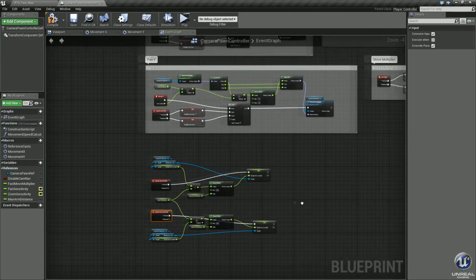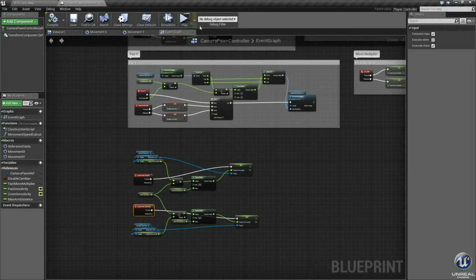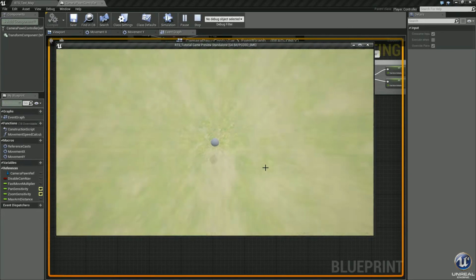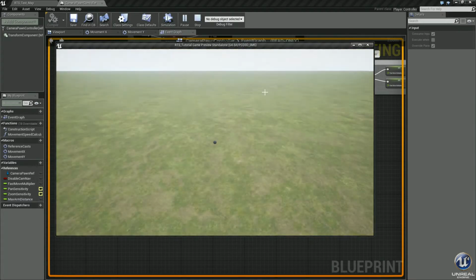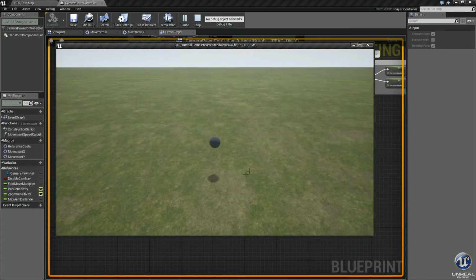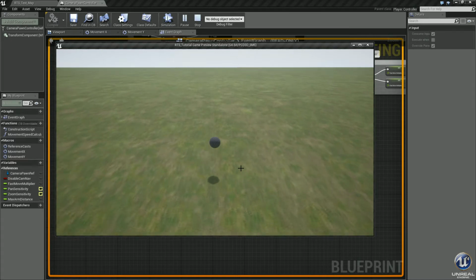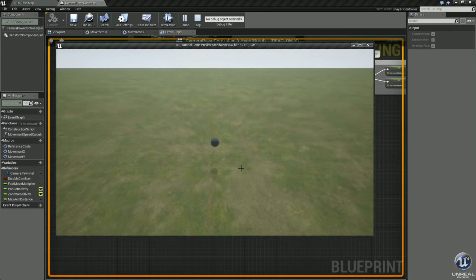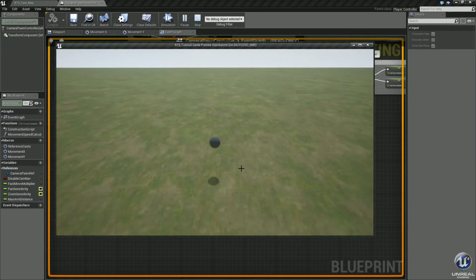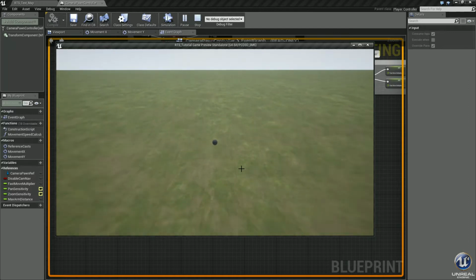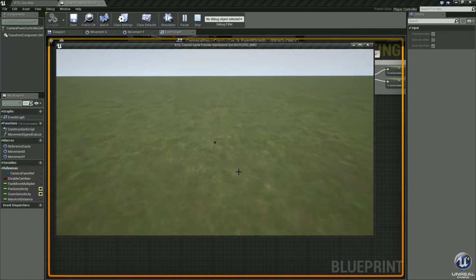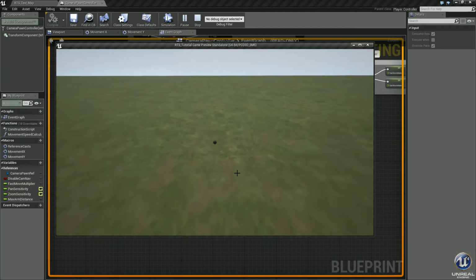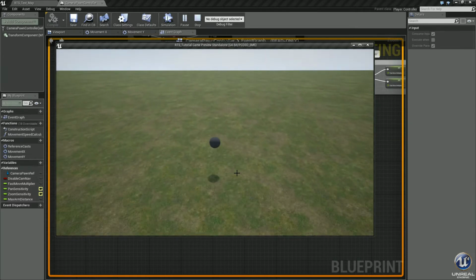All right, so let's go ahead and test this. Compile, save it, press play, and scrolling in, scrolling out. Perfect. Awesome. Yep, works just like we want. Move forward. Now remember the move speed multiplier. Notice how slow we're going. Even if we push shift, that's as fast as we go. But if we zoom out, notice how fast we're going now. It goes much faster when we're zoomed out all the way, and slower as we zoom in. That's perfect. That's what we wanted.